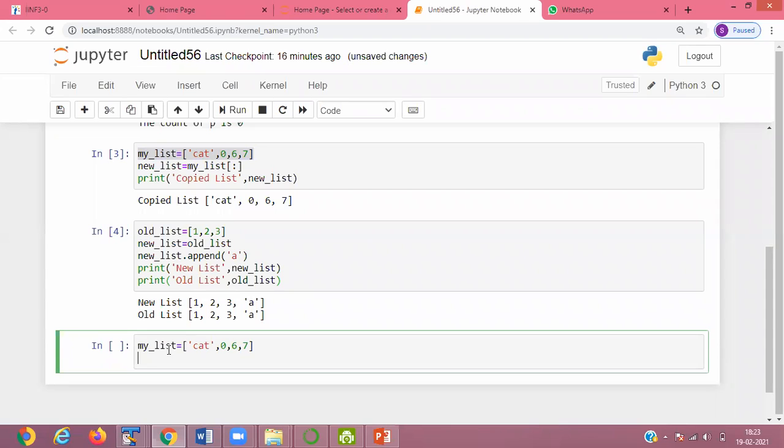Now for adding the element in the list here I use my list, my underscore list method.